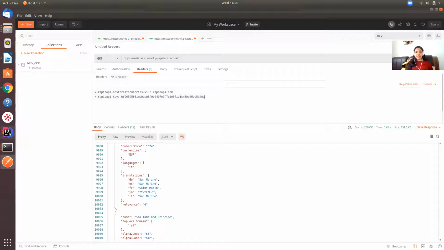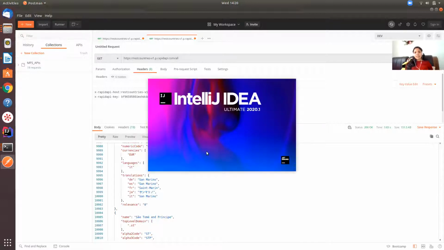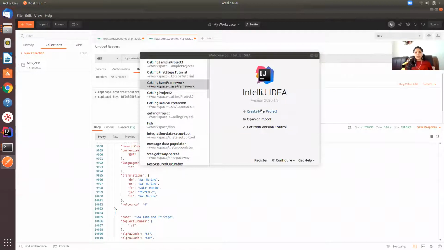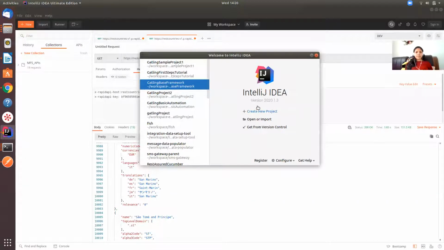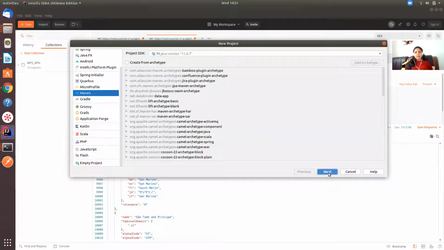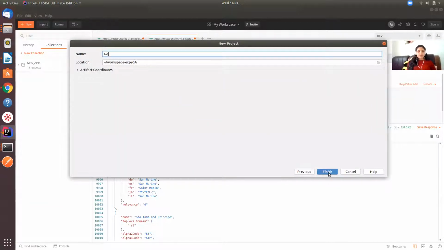So let's see how we can automate this. And I'm going to create a brand new Maven project and take it from there. So let me open my IntelliJ. It's opening now. So create a new project. And I'm going to call it Gatling